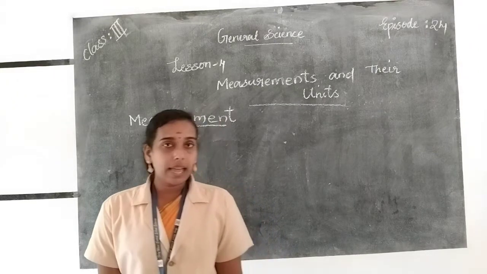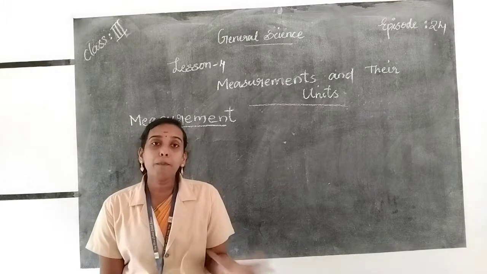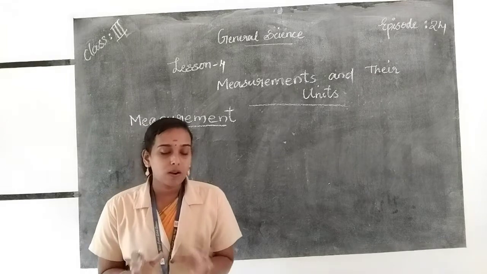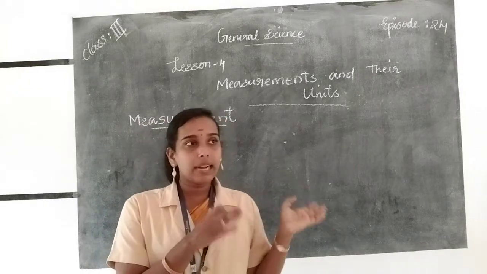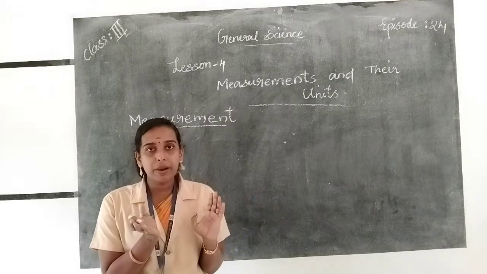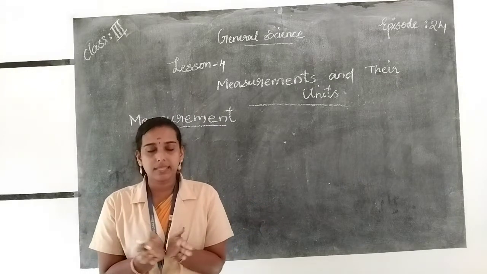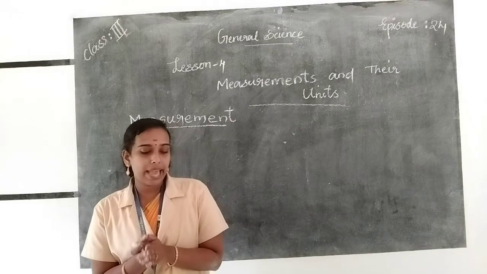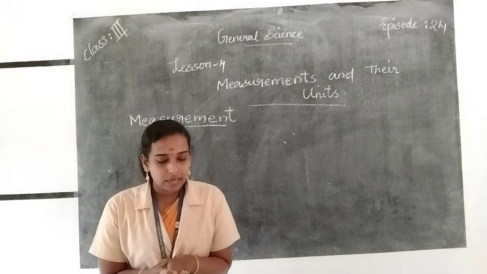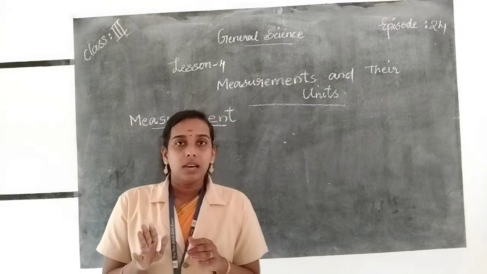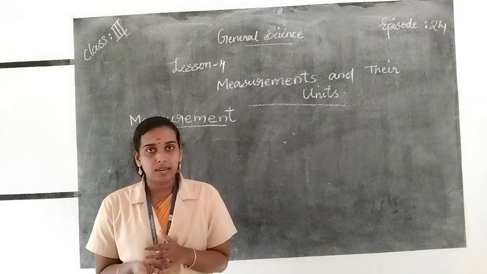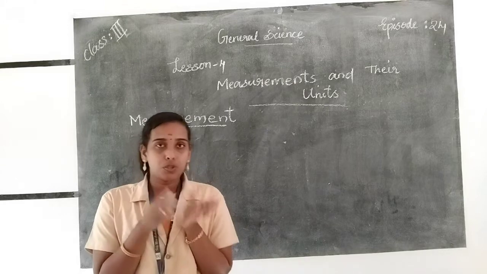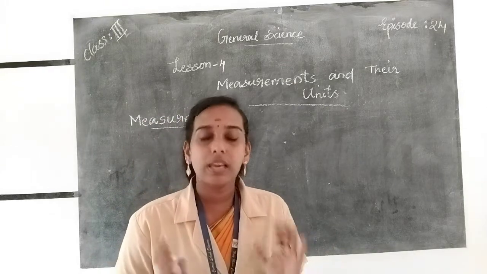And in early times, means and instruments of measurement were not available. So in the early time, people used their body parts to measure things. For measuring length, they used body parts like foot span, hand span, cubit, etc. But now we have some instruments to measure the values of given things.